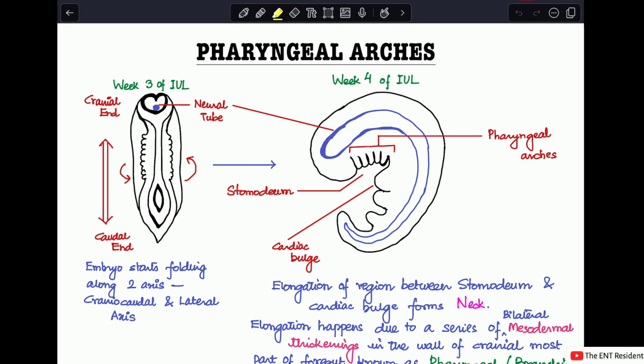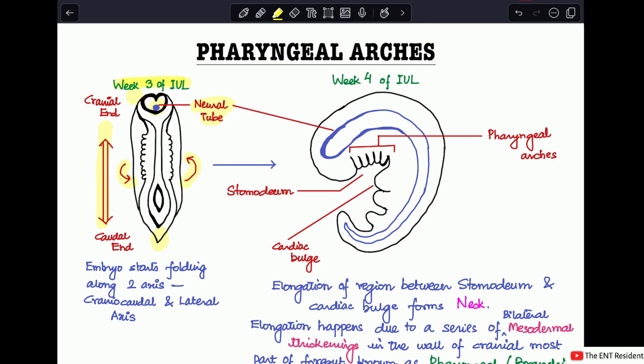So, around the third week of intrauterine life, the embryo is looking like this, straight, as you can see in the image over here. This is the neural tube. The blue structure that you see here is the neural tube. And this is the cranial end, and this is the caudal end. And around this third week, the embryo starts folding along two axes. One is the craniocaudal axis, which is this, and one is the lateral axis, which is this. So once this folding has happened around the third week, next what we see is in the fourth week of the intrauterine life,